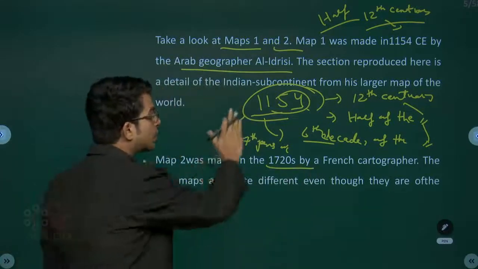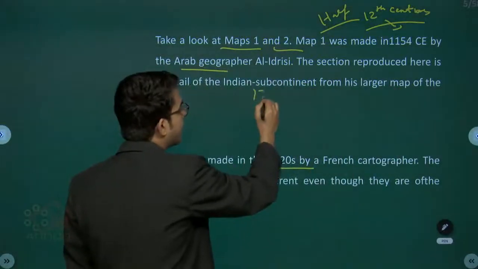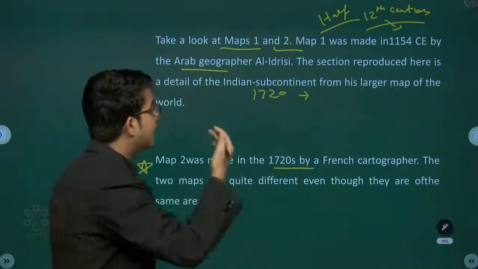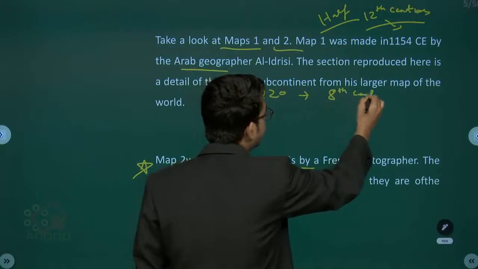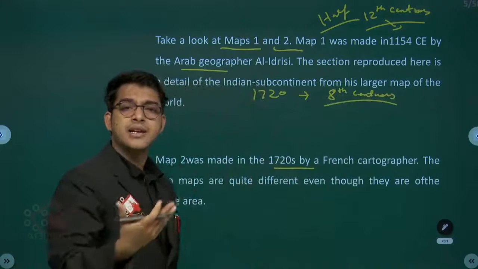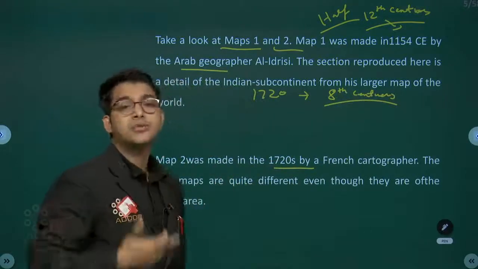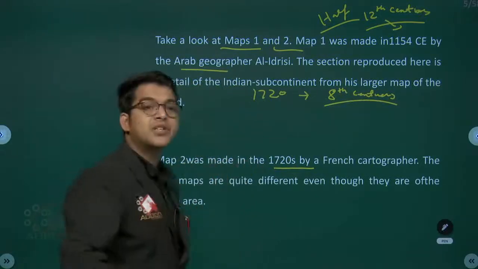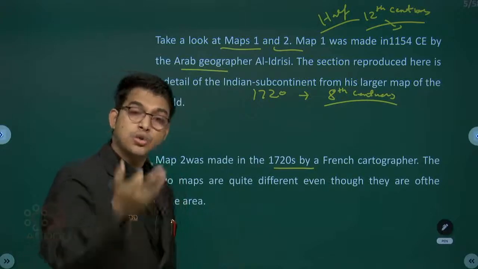Same thing you want to do here. If the date we have is 1720, what does that mean? That means we are talking about the 18th century first. Understand, because this is the language that even NCERT will start giving you from the 7th class onwards. 7th, 8th, 9th, 10th, you will not directly get 1720, you will get the middle of the 18th century, and like that. Okay, so always understand.